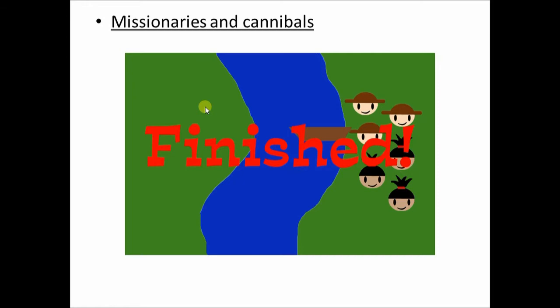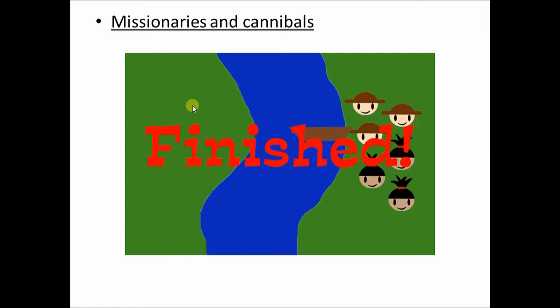Now what is the constraint? The main constraint: at any point of time, at bank A or bank B, if the number of missionaries happens to be less than the number of cannibals, then the cannibals are going to overpower the missionaries.